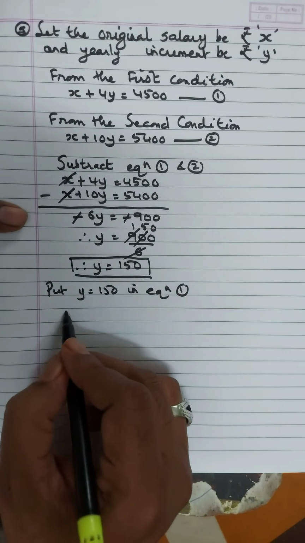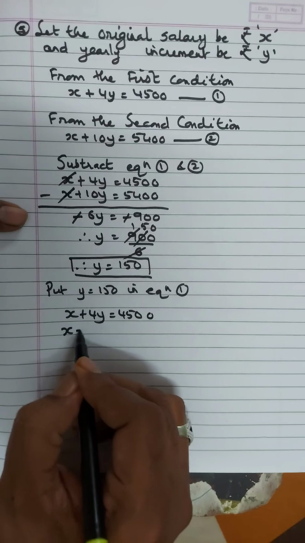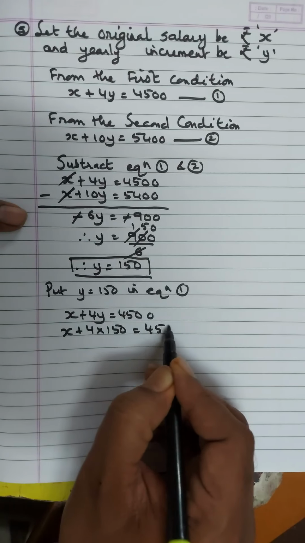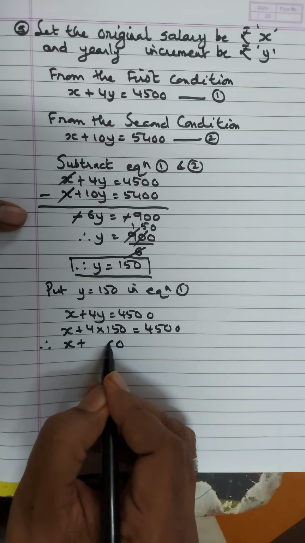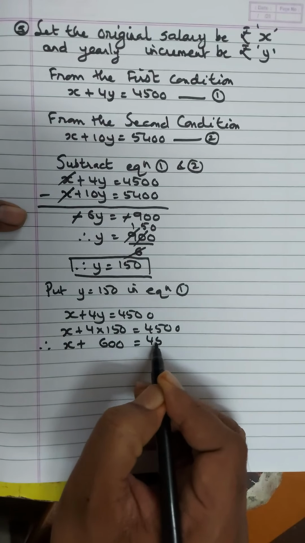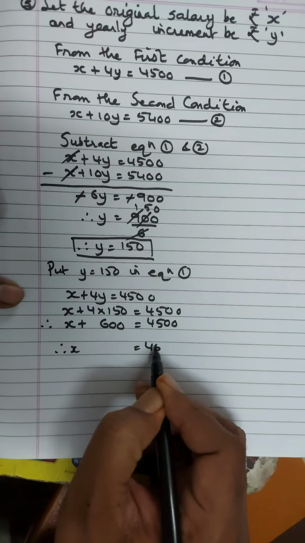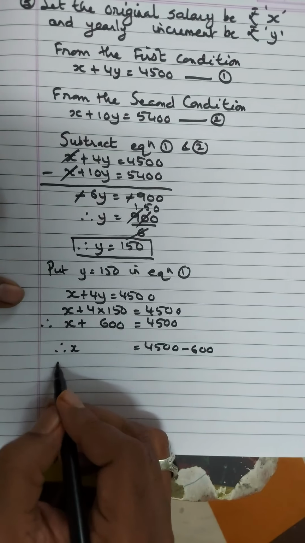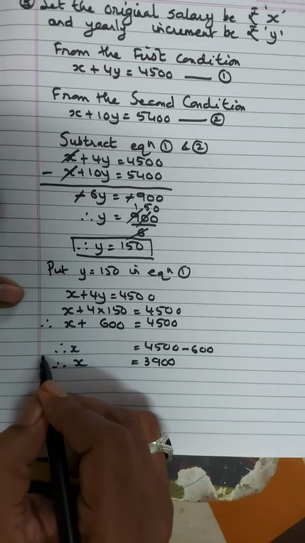So equation number 1 is x plus 4y is equal to 4,500. So x plus 4 into, we need to substitute the value of y, so it is 150, is equal to 4,500. So therefore x plus, 4 zeros are 0, 4 fives are 20, again 0, 4 ones are 4 plus carry 2, 600. So 4,500 here again. Okay, so take out the value of x, go directly to the equal sign, bring down 4,500 plus 600, we need to shift over here. So it becomes minus 600. So therefore 4500 minus 600 is 3900 rupees.